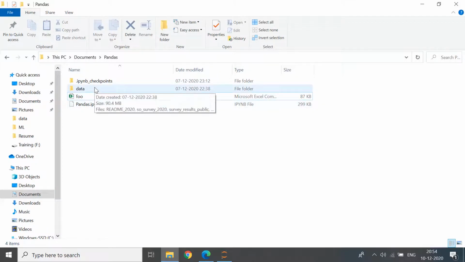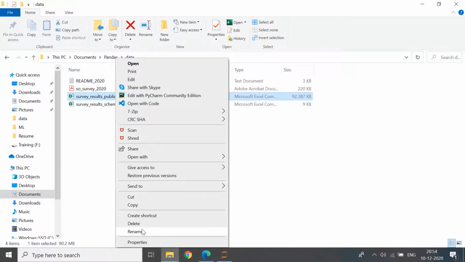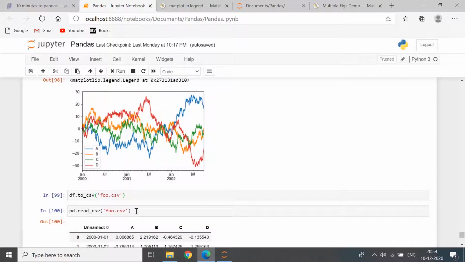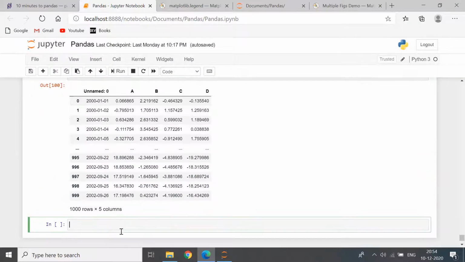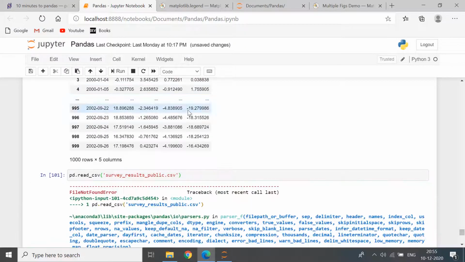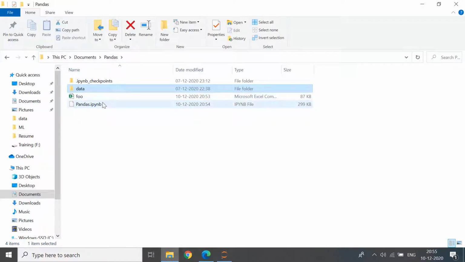So in the first video I had created this data folder and taken data from this Stack Overflow public survey. So I'm just going to copy this name and do this. So pd.read_csv, and give the name .csv, and this won't work for this very reason, that this is not in the same directory as the notebook.